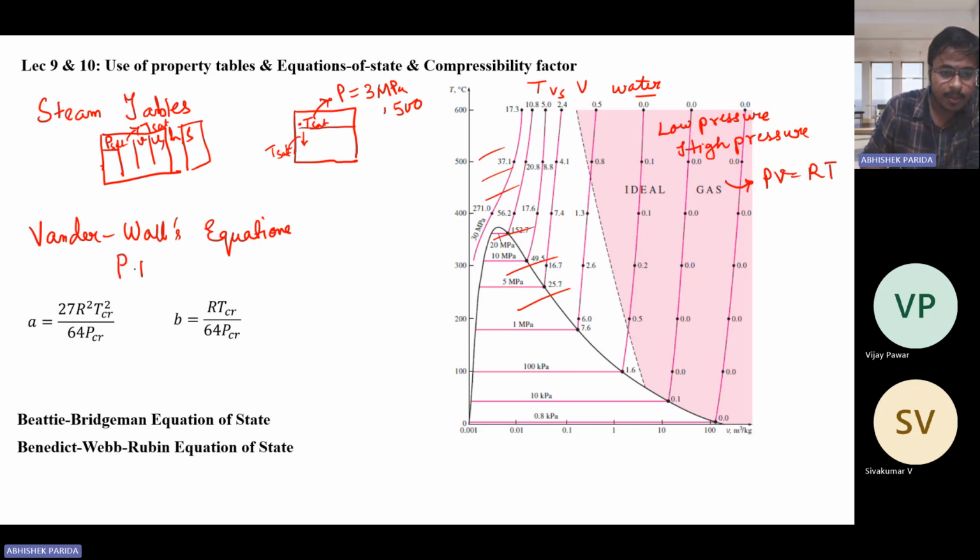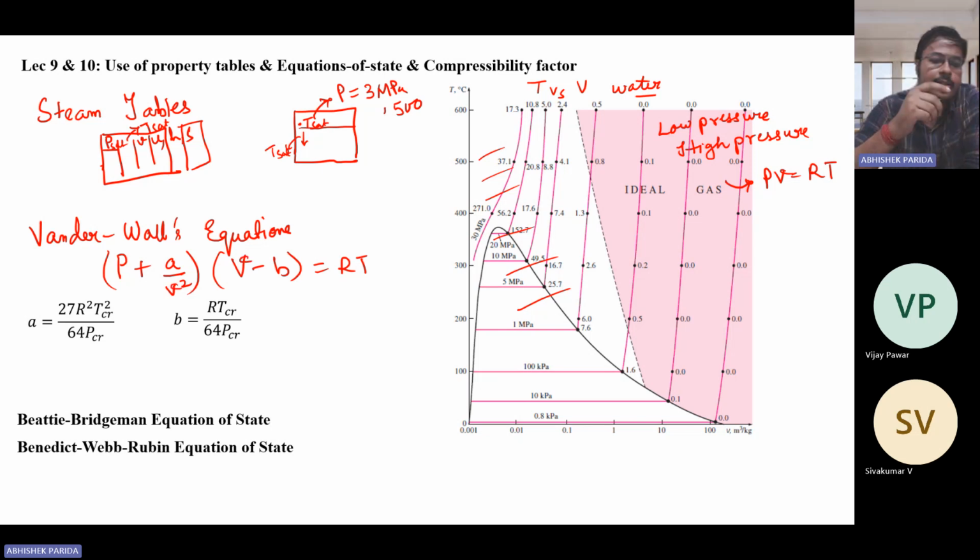Which says that (P + a/v²)(v − b) = RT. These are small v, of course, specific volume, and this a and b are somewhat like this. Please remember this formula because we'll also be solving one problem on this. So a and b are solved like this, and they are derived by,